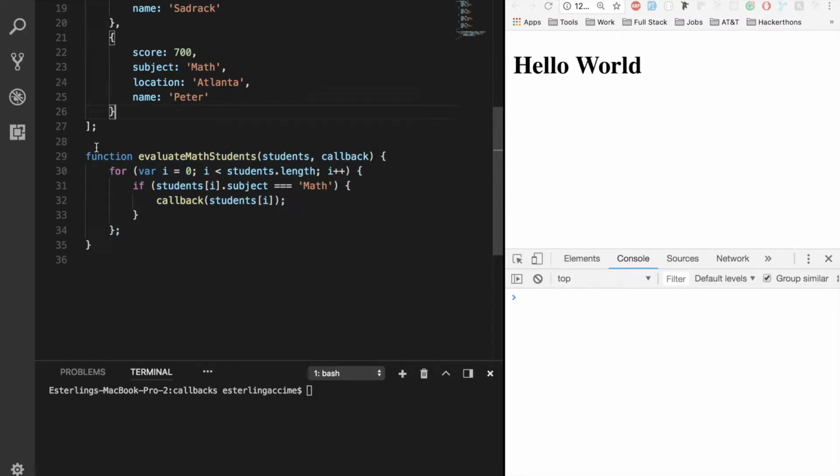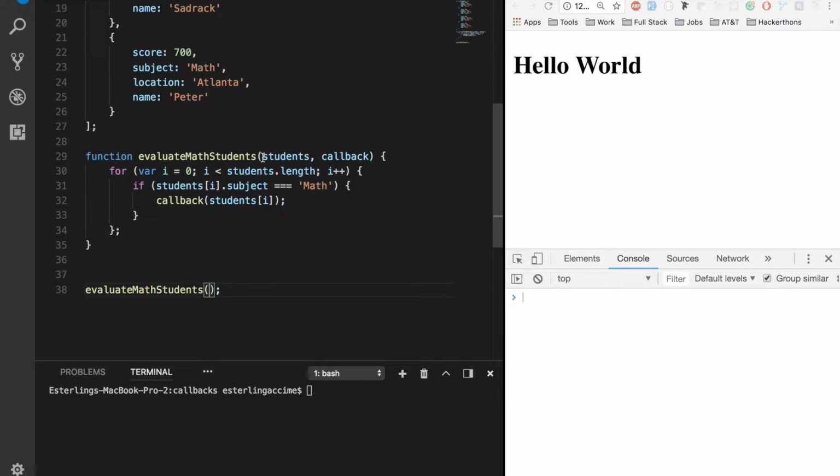This function is making sure that it's only going to work with students that are currently in the math subject. It's looping through the data and only getting the students that are in the math subject, and it's sending that data down a callback. Which means the data being sent is only students that are in the math subject. Now, if we want to work with students in the math subject, we only want to call this function,